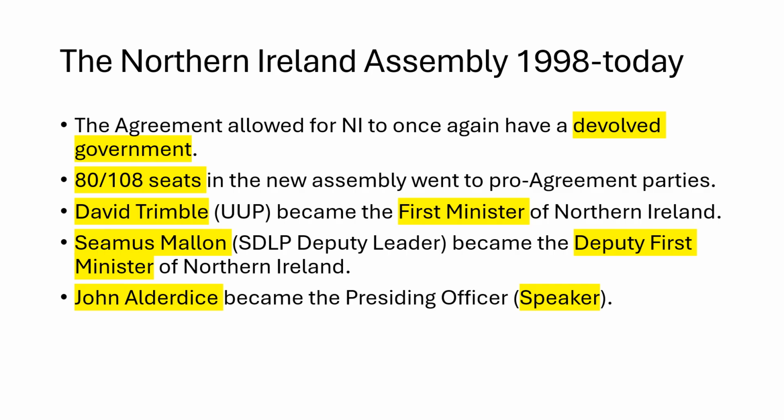John Allardyce then was from the Alliance Party, and he became the presiding officer, the Speaker. So he was seen as being neutral because he was from the Alliance Party, neither Catholic nor Protestant, neither British nor Irish, and so he was appointed to the role of Speaker in order to try and be very fair and give equal time to